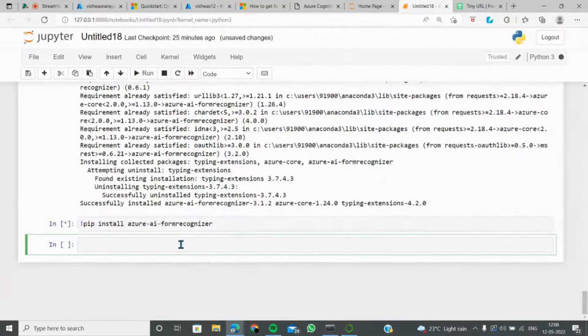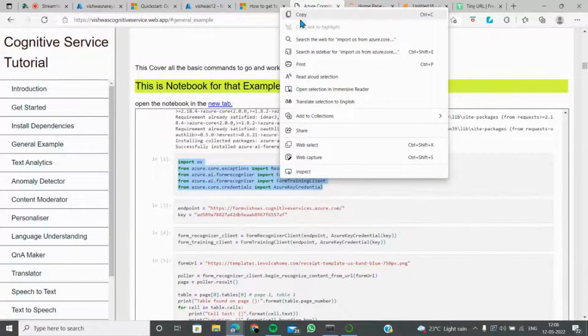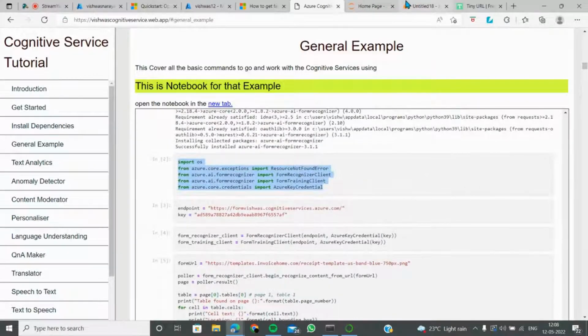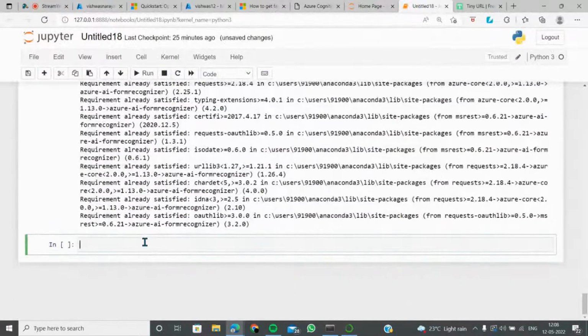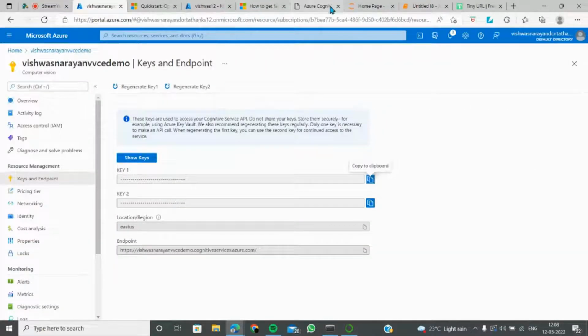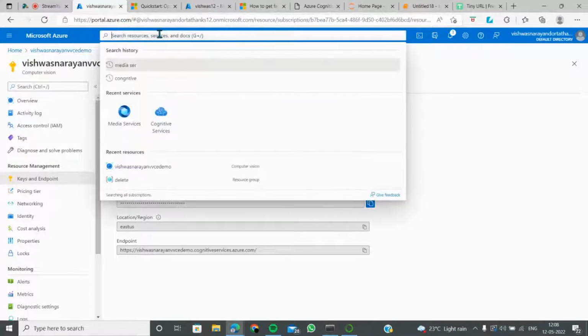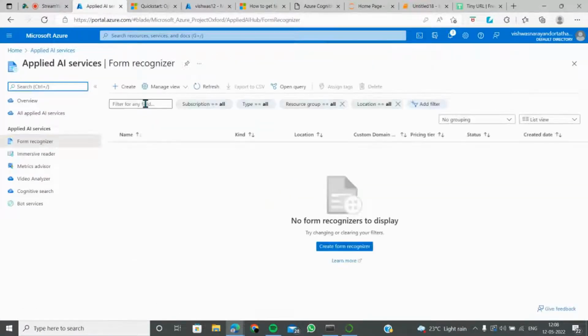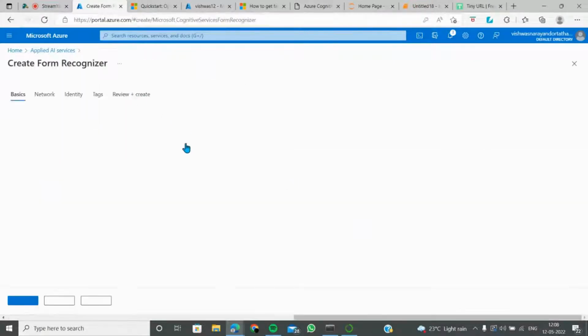So okay, I think the form recognizer is already installed. So why did I do that? So let's just copy this and paste it here. So I have very less time, right? So that's why I'm just going fast, fast, fast. Don't worry. This all are just a little bit of a thing. So we can go and do a lot of form recognizer here. So let's just go and do form recognizer. So this will take some time, but this demo is actually worth it. Just stay on for a while.